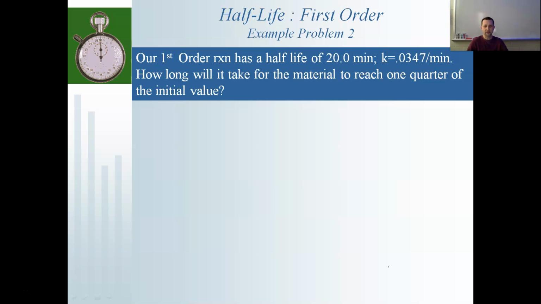Our first order reaction has a half-life of 20 minutes. K is 0.0347 per minute, just like the last problem. How long will it take for the material to reach 1/4 of its initial value? So let's go ahead and figure this out. Now we know it's first order reaction, so we have a couple options here. We can use the first order integrated rate law,